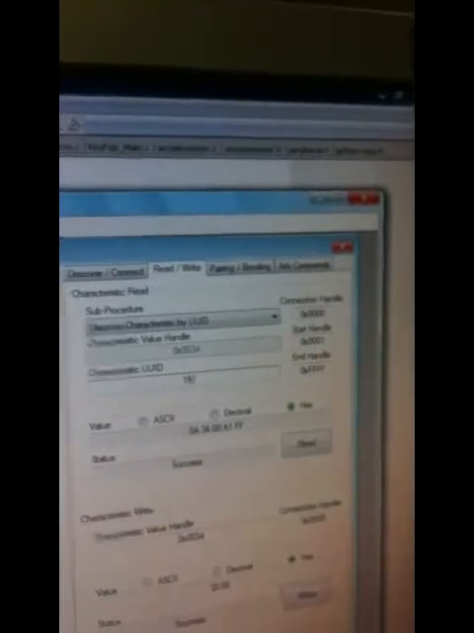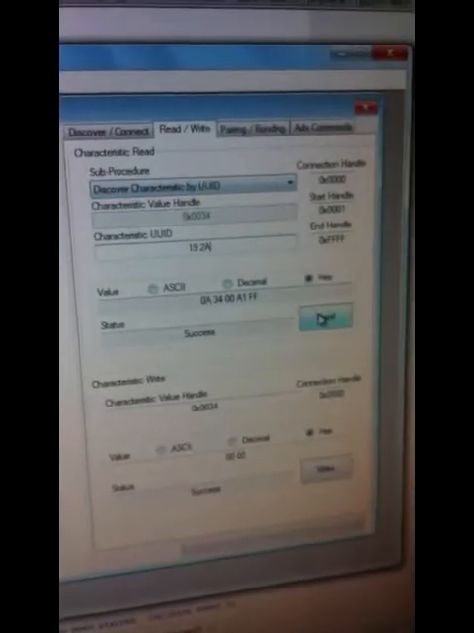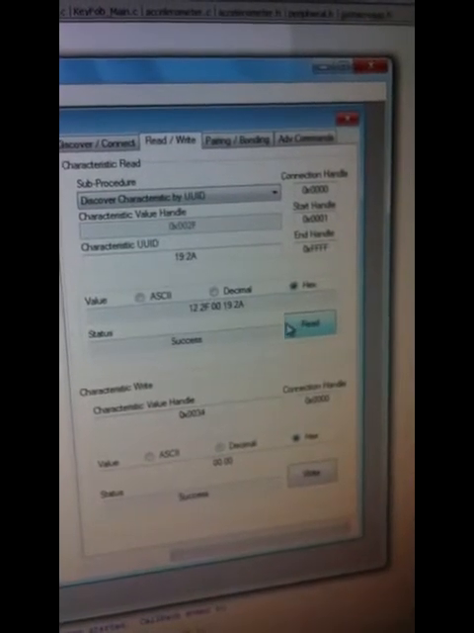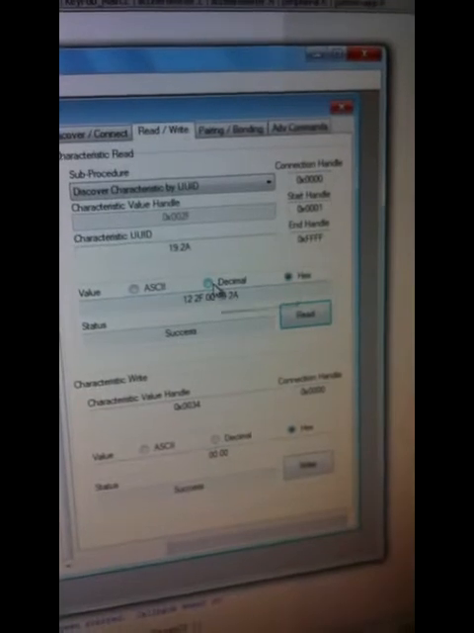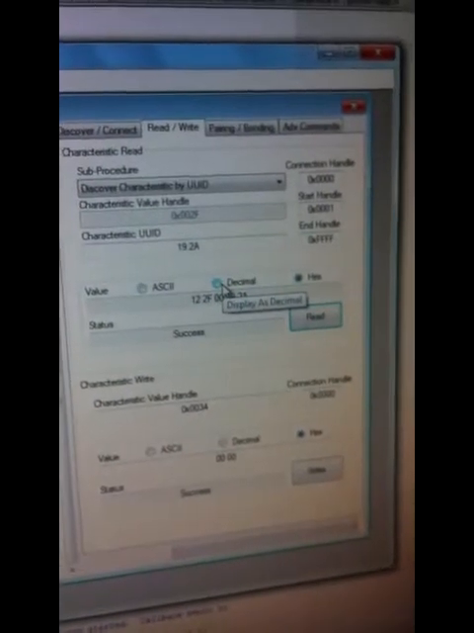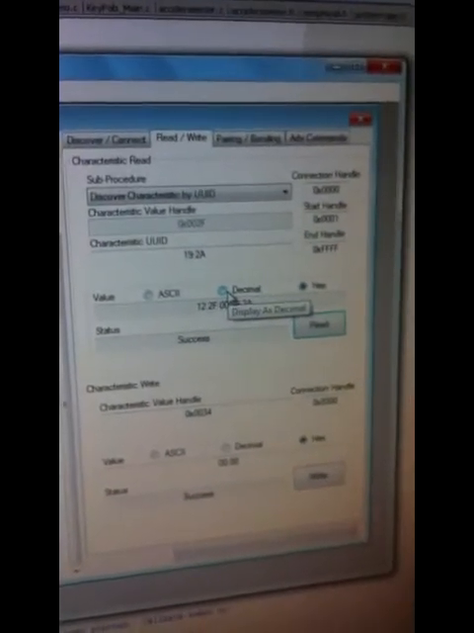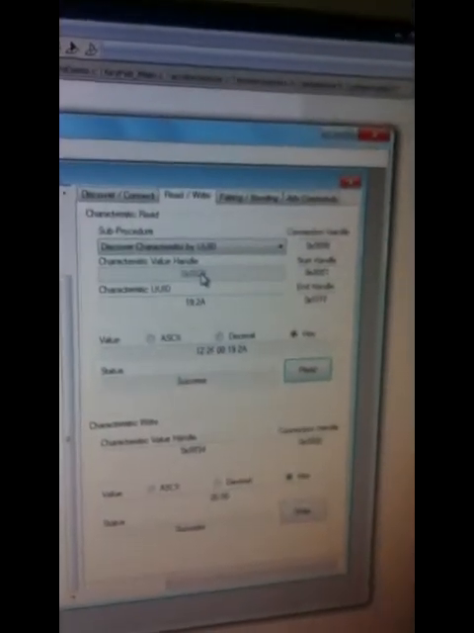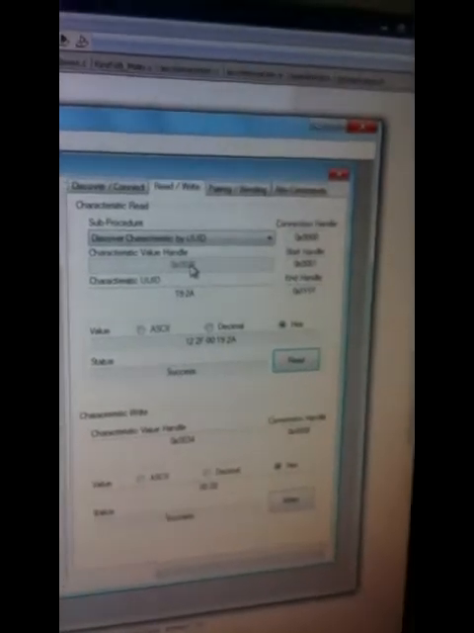Let's look at some basic functions of the key fob. First of all, we'll check out the battery level of the key fob. The UID for the battery level is 1928. As you can see, the battery level is at the handle 2F, which is basically the key in the table